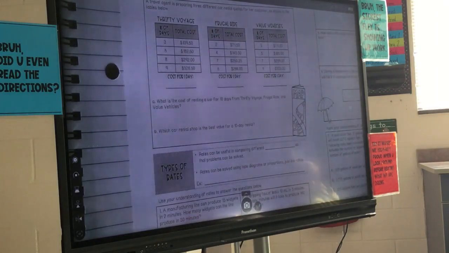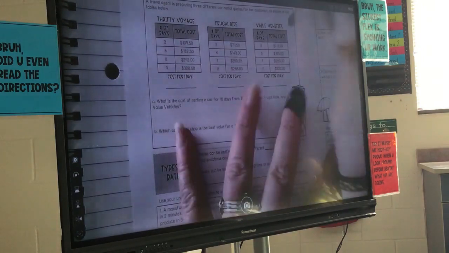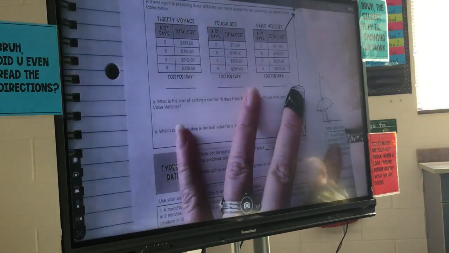I promise you it's on there. Alex? Yes. All of these tables are equivalent